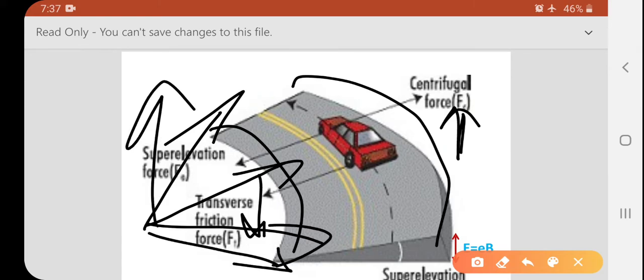That centrifugal force will be a disturbance to the movement of the passengers while moving at speed, or when we are changing the direction of the vehicle. In such cases the inner edge of the road should be lower and the outer edge of the road should be higher. This whole procedure is called superelevation. Now let us start with the definition.